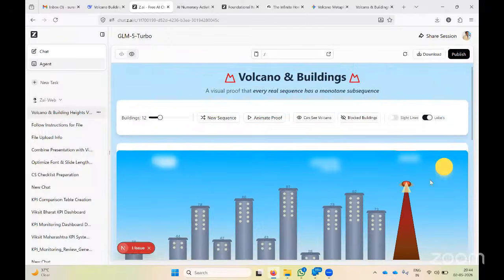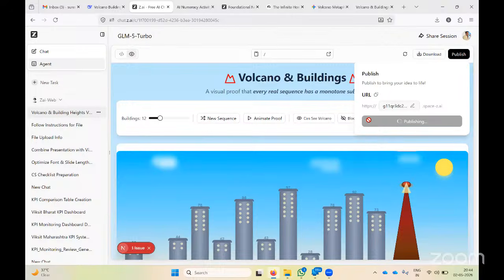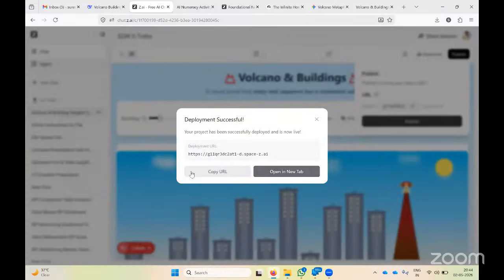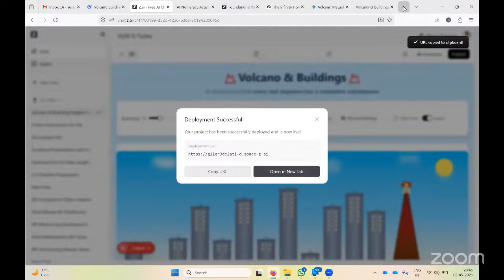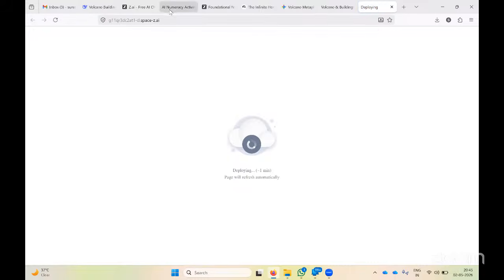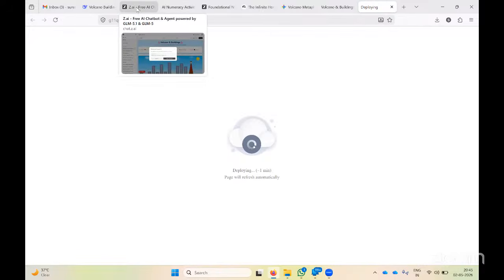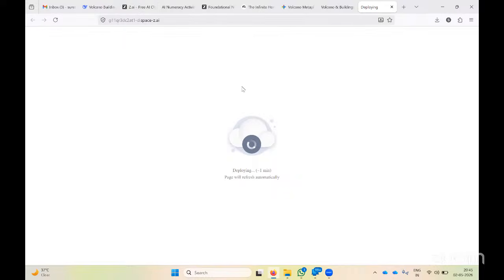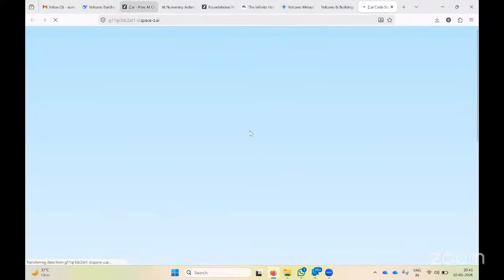So now you see that you can publish this if you want. You can share it with anyone. It will open like a new website. Publish means that one only. It is just like you have published a website and you can share it with anyone. It just deploys. The reason I take only 2 minutes is because you can do several things.